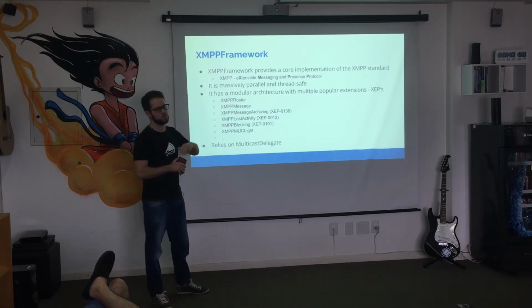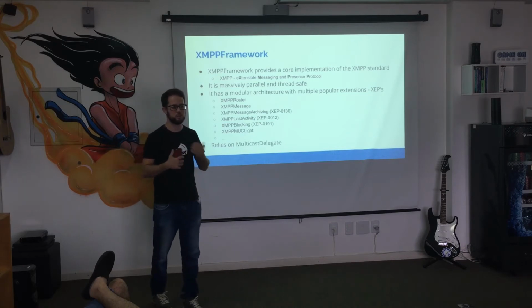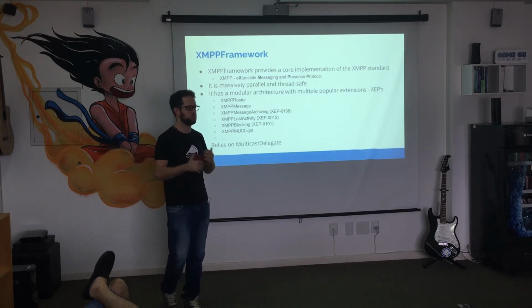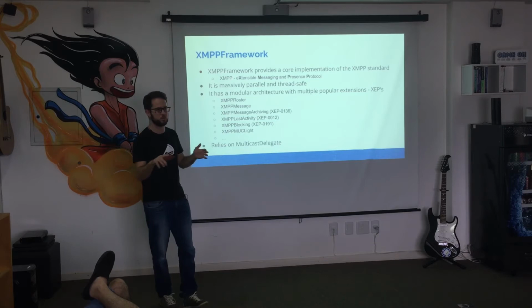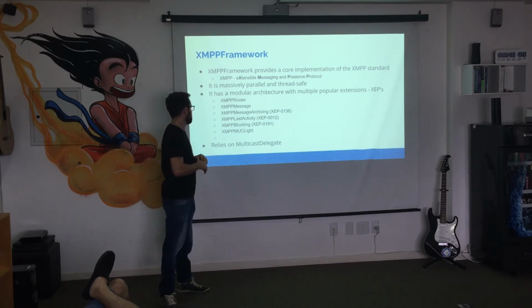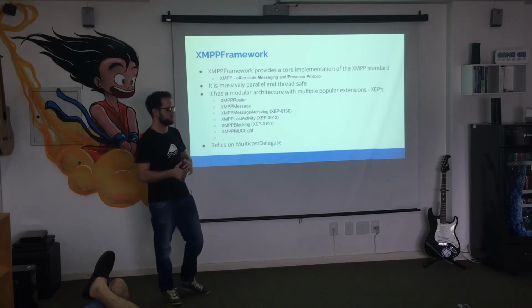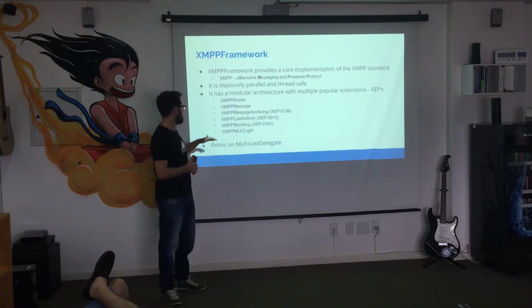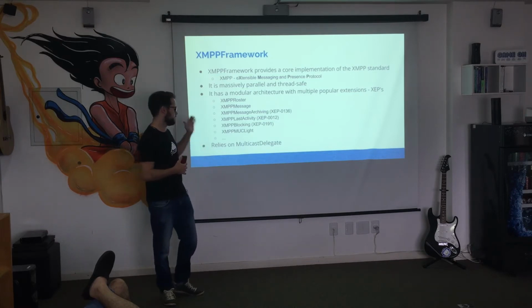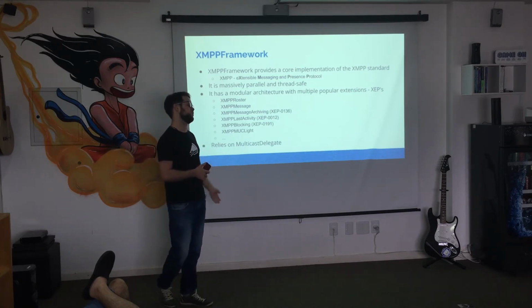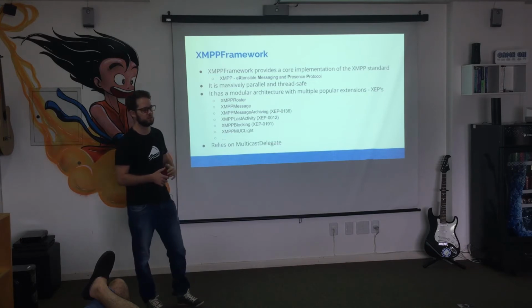Last activity is the one responsible for presenting the last time the user was online. That's the last seen that you usually see on chat apps. The XMPP blocking is for you to block users you don't want to have a conversation with. MUC Lite is related to group conversations, and it goes on. There's more than 300